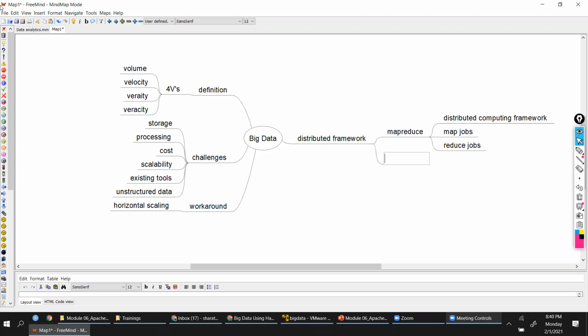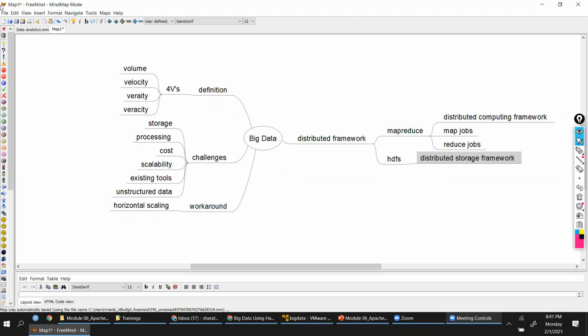Later on, HDFS was created. HDFS is distributed storage framework, right? And here we'll have file system which works on top of the underlying file system, which is Linux file system, right?